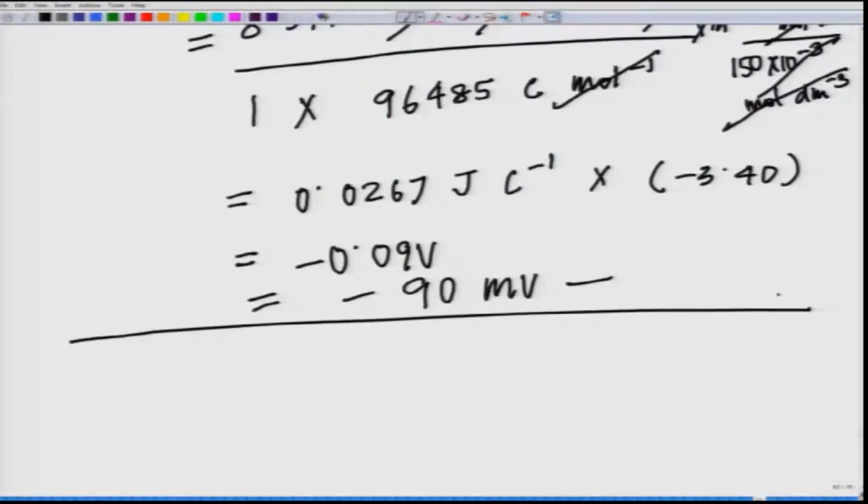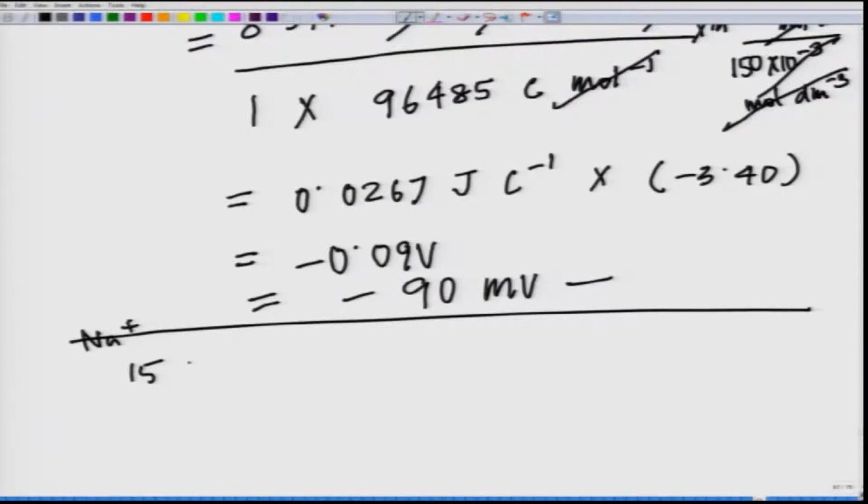Okay? Now, coming back. That is the fundamental reason why a cell sits at minus 90 millivolt. Now, if we plug in another value, for example, the potential across the membrane due to the difference of potassium concentration is minus 90 millivolt. For the sodium ion, the intracellular and extracellular concentrations are